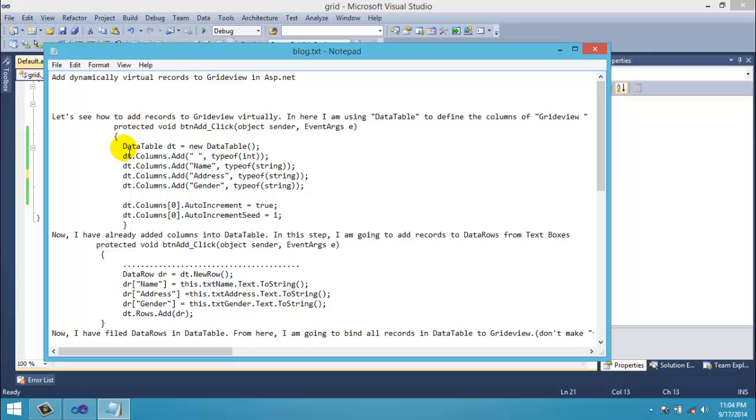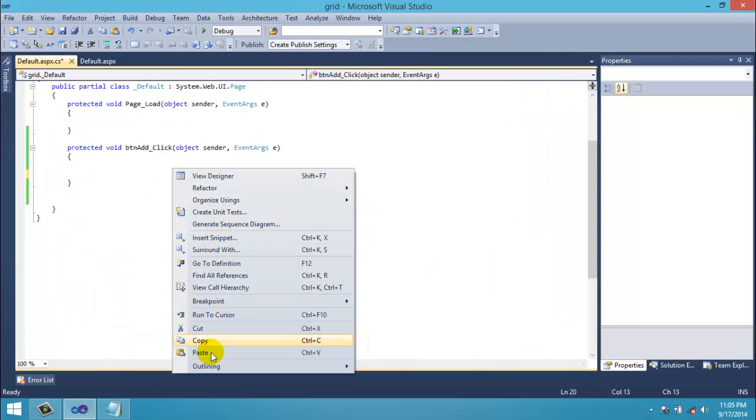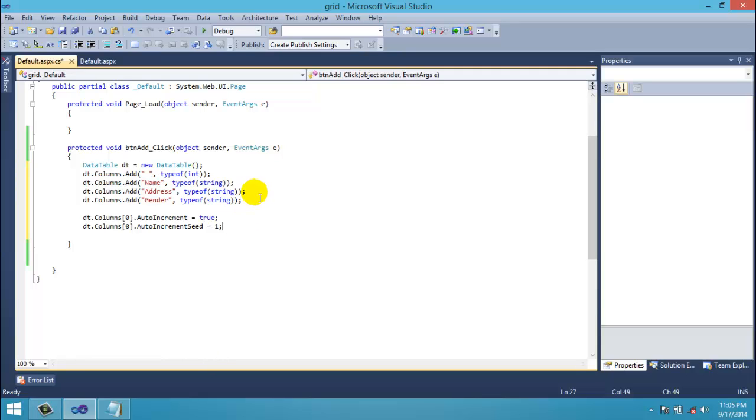Firstly, in my blog post I have the code here. I copy it and paste it here to add the records and columns to the GridView. I'm using a DataTable here because it is easy for me. There are several ways, but I'm using this way to add the columns and records to the GridView. Okay, you see I initialize the DataTable here, and after that I add the columns I want